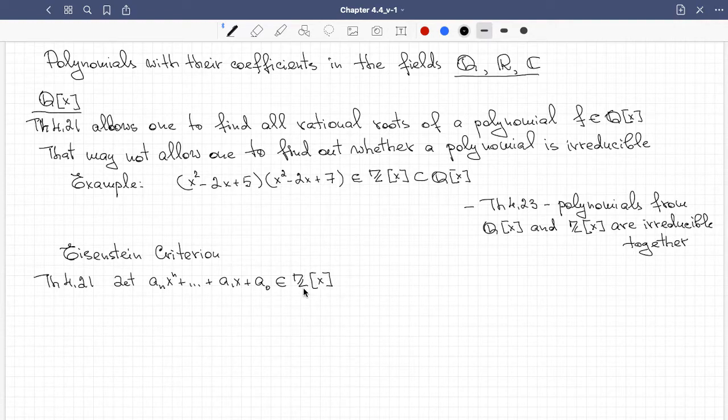Z is not a field, this is a ring. Does not matter. We address irreducibility of this polynomial as a polynomial in Q of x, say. Let p be a prime